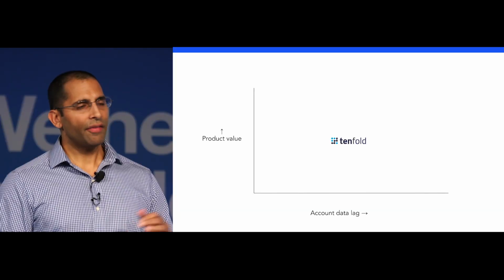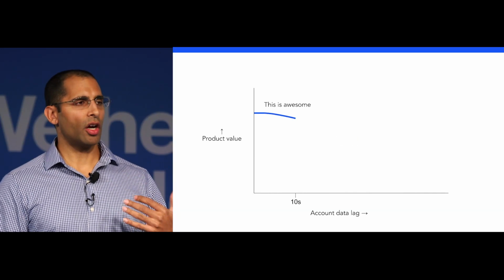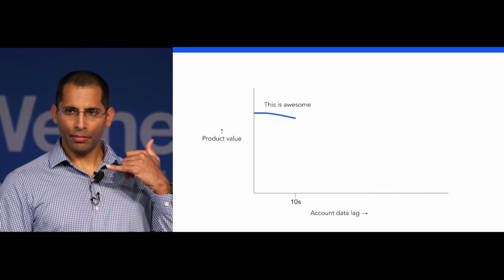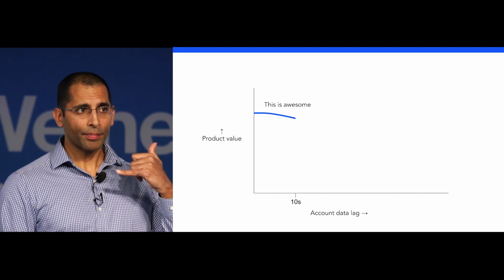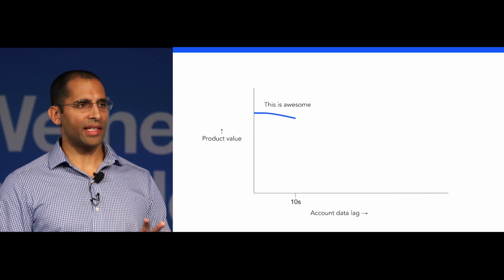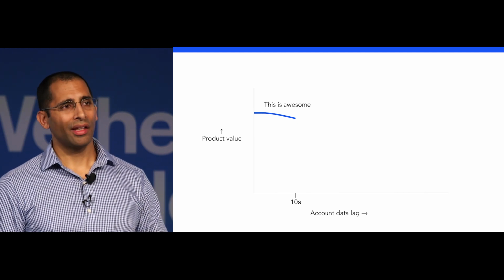In this case, it's a much more real-time thing. So the customer service rep's perspective, and indirectly my perspective of the product, is going to be dependent on the account data lag on a different scale. If it's within 10 seconds, I'm talking to them on the phone, I'm saying, okay, I'm pulling up my reservation and I'm changing my seat reservation. Do you see that? Up to about 10 seconds, that's tolerable.